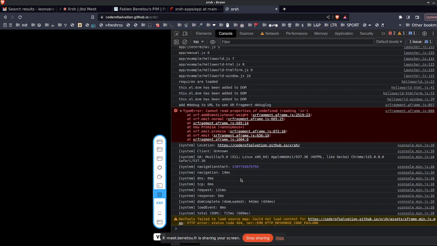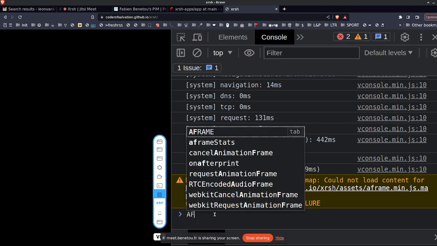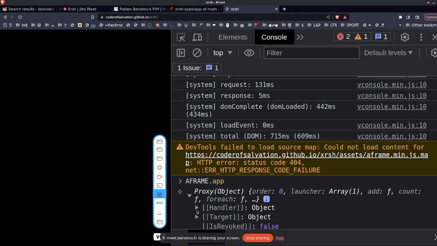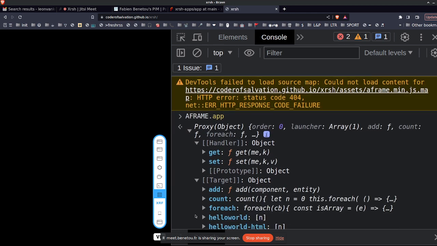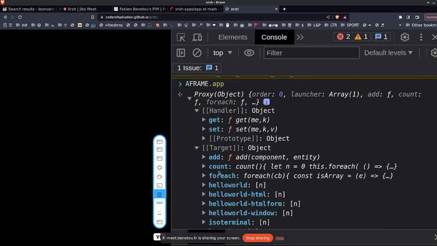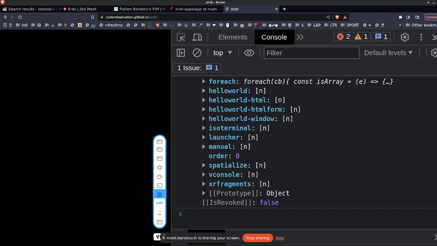So I don't know why it's not showing the background. Maybe because I'm recording. But basically, this launcher here is just scanning the apps. I think I'm not 100% sure. I'm pulling up the... Yeah, I think they live here. Oh, sorry, it's a proxy. But the apps basically live in this aframe.app object,